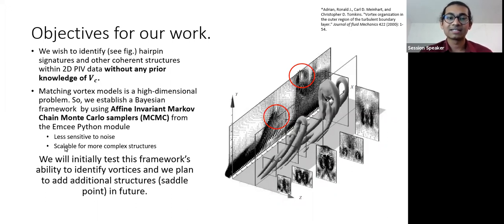This is abbreviated as MCMC. These are less sensitive to noise and more scalable to complicated structures. We will initially test this framework's ability to identify vortices, and then we plan to add additional structures like the saddle point in the future. An example of a vortex can be seen in the figure on the right.